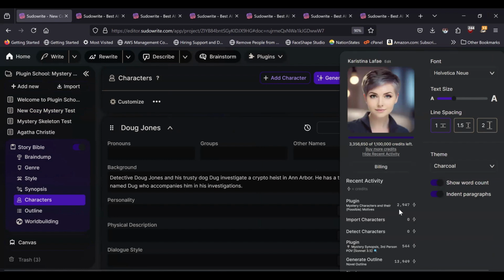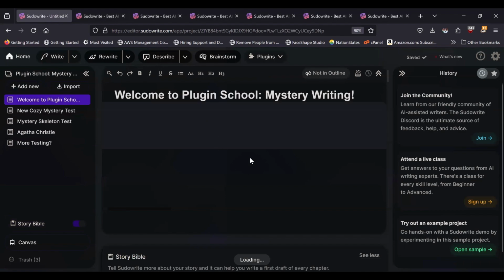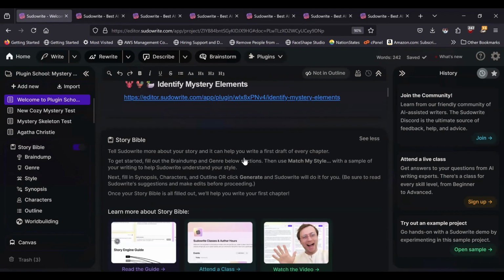But this plugin costs 2,947 credits, which you can see why I decided that I was going to use a cheaper model to update the plugins. Massive credit to Nancy, but since they haven't been updated, I made them cheaper. So the next one in the series would be